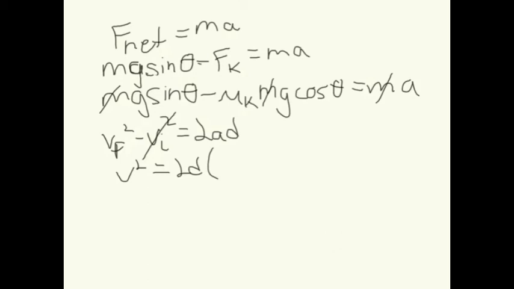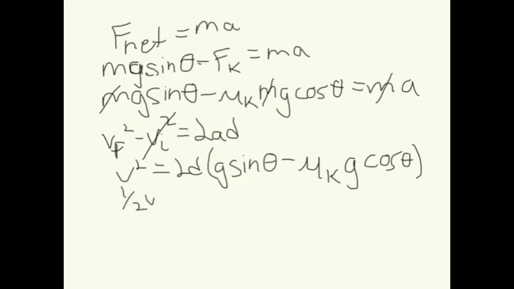Plugging in for acceleration, we can use g times the sine of theta, which is the downward pull on him down the slope. Subtract from that the force of friction pulling him back up the slope to get the net acceleration. So mu sub k g cosine of theta. And then actually we can get it looking exactly the same as our energy formula. If we divide this 2 over, 1/2 v squared equals ad,